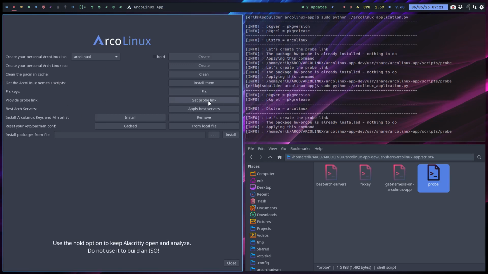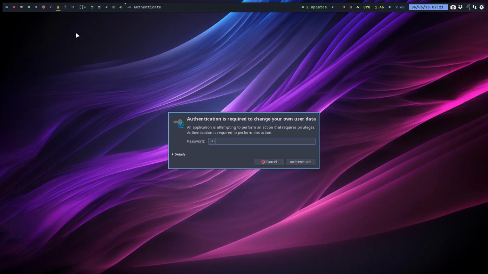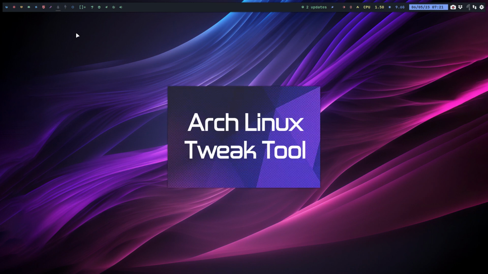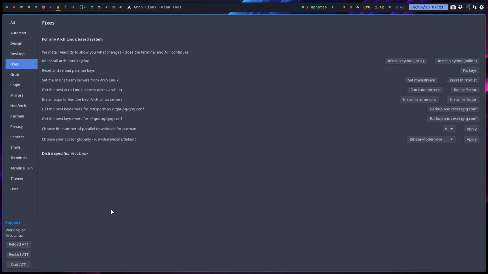If anywhere, because this is a teaching app, it's not a bad idea to have this in the ArcoLinux tweak tool. So where can we add it, right? We can add it in the fixes. Provide us with a probe link. We can add a button down here, and I was thinking of doing that, but it depends because we're making